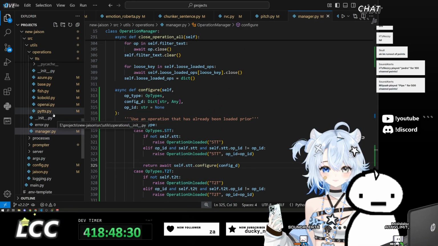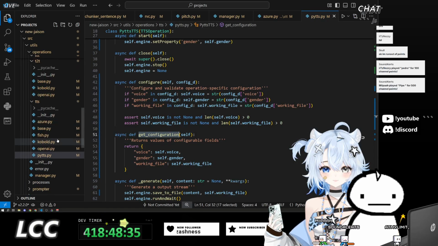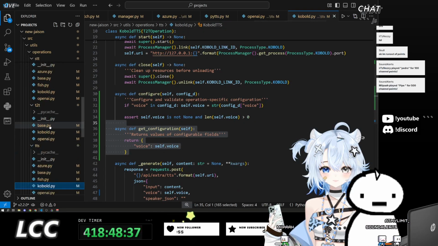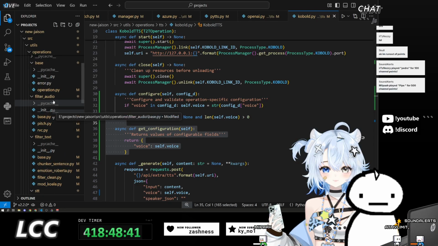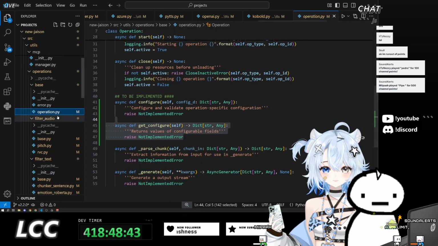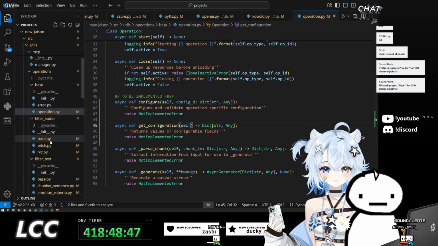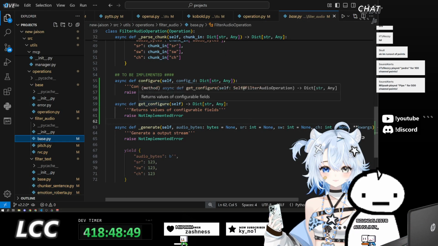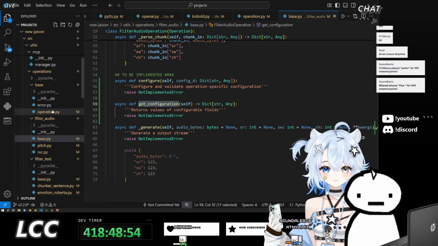Okay, that should be good. I need to go through each one of these. Oh wait, it's already called get configuration. Okay, that's good. It's just not called get configuration for the bases.